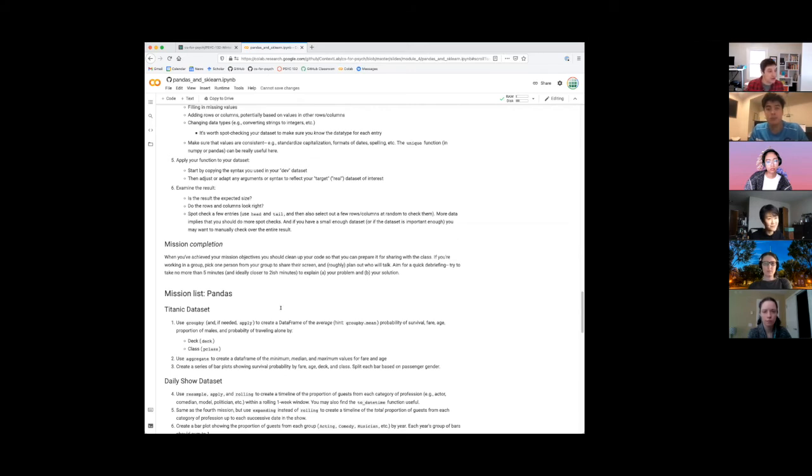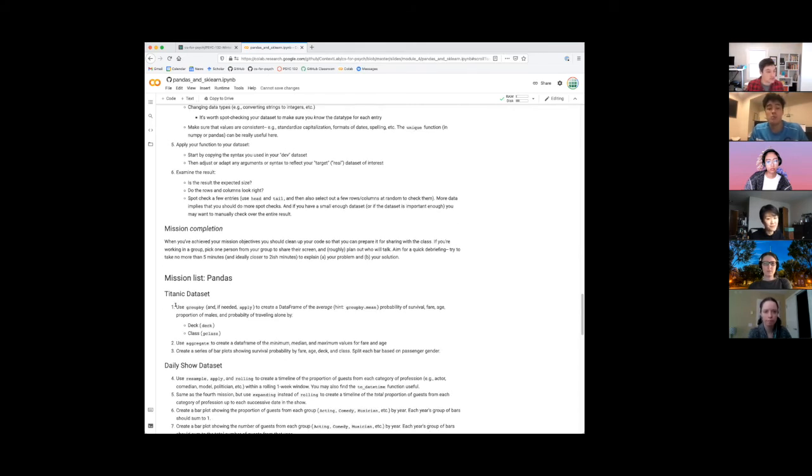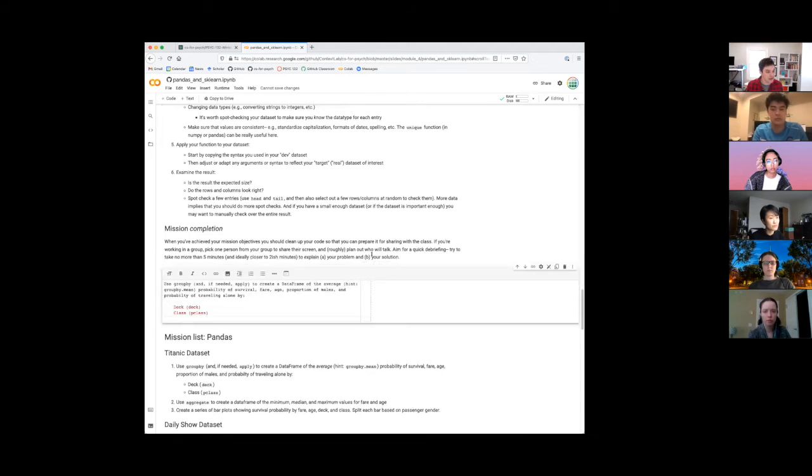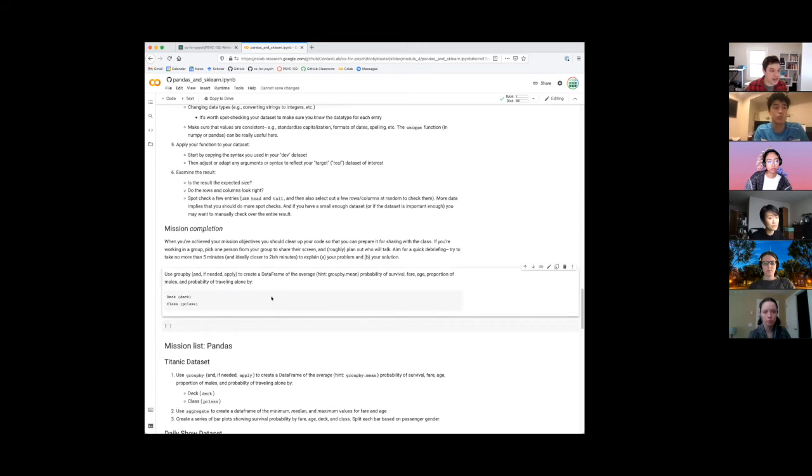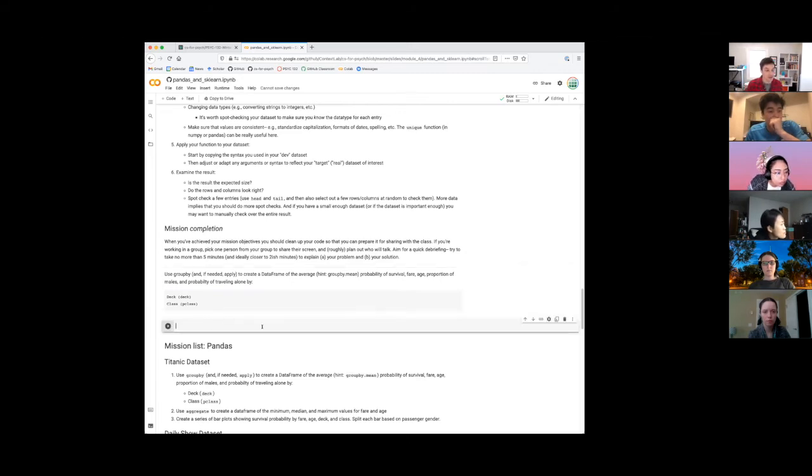Okay, so the first mission here is we're going to use group by to create a data frame of the average probability of survival, fare, age, proportion of males, and probability of traveling alone by deck and passenger class. Okay, so how would you all